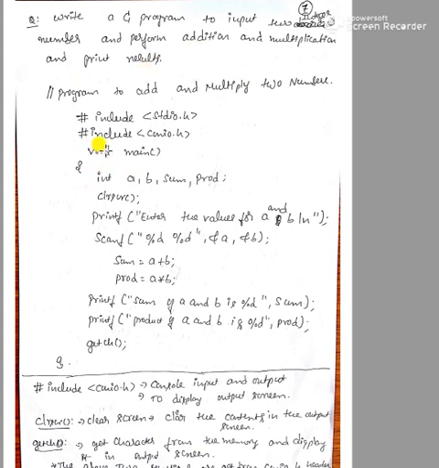In the main function, the first one is the documentation section, where we mention the details of our program. The next one is the mandatory link section. Here we include stdio.h and conio.h. If you need math.h, that is, if you are finding square roots or absolute values, then only use math.h. But here we are not performing any square root or other mathematical functions, that's why I am not including math.h here. And then